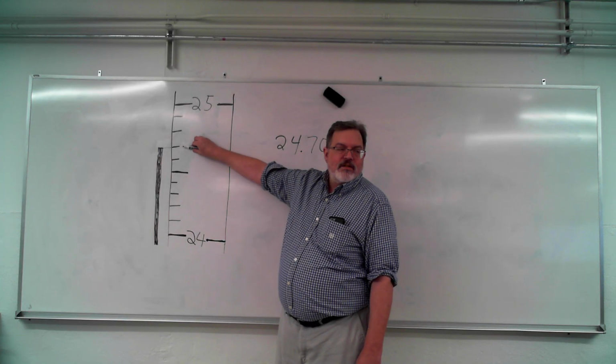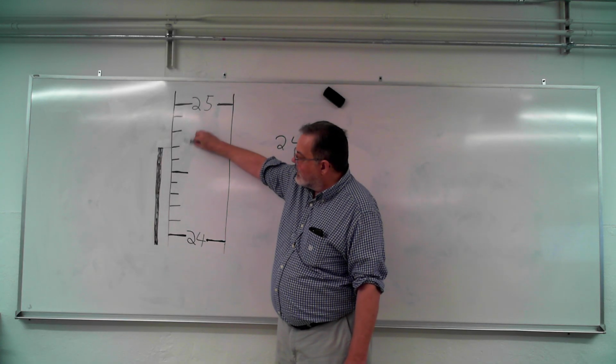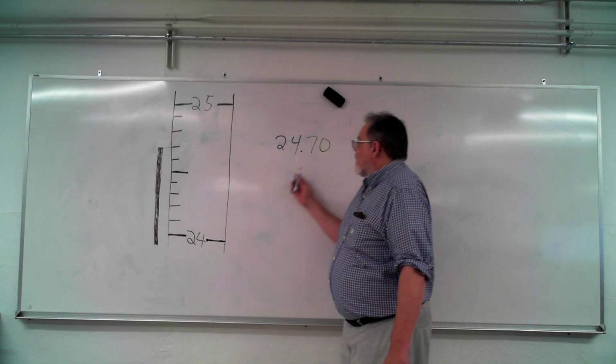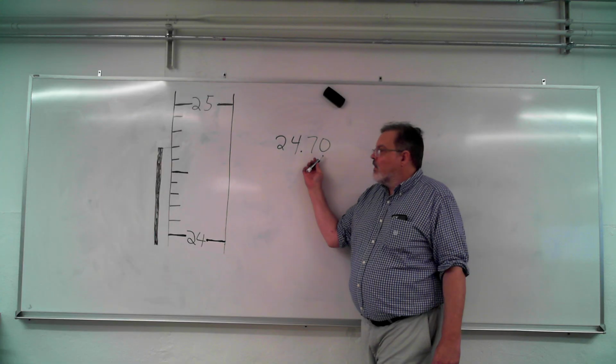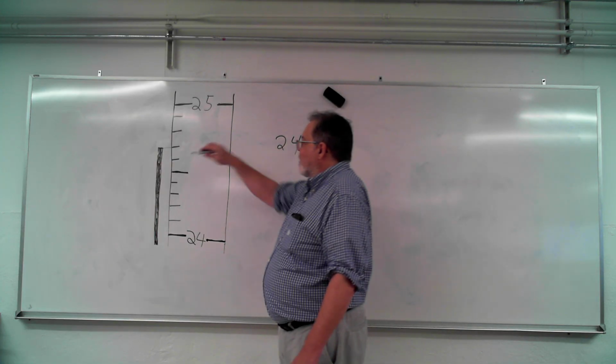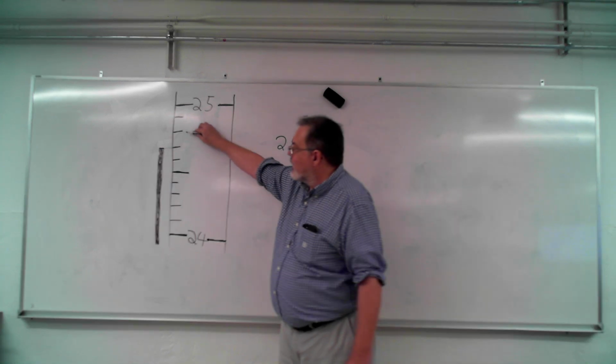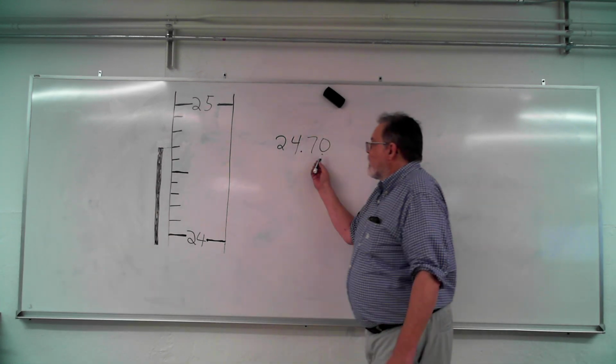And we did make a judgment. We tried to judge where it is in between here, but we discovered that it was right here. That happens sometimes. So that's why we wrote a 0 here. And if it went all the way up to here, then we'd be changing it to an 8. This would be an 8 if it went all the way up to this one. But the point is this 0,